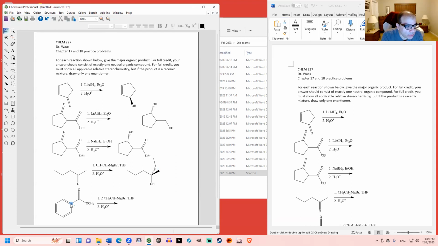Now, on the other hand, if we started with an ester and treated with an excess of the Grignard reagent, and that could say either 2 equivalents of the Grignard reagent or excess of the Grignard reagent. They mean the same thing. Then, as we discussed in class, you get a tertiary alcohol in which